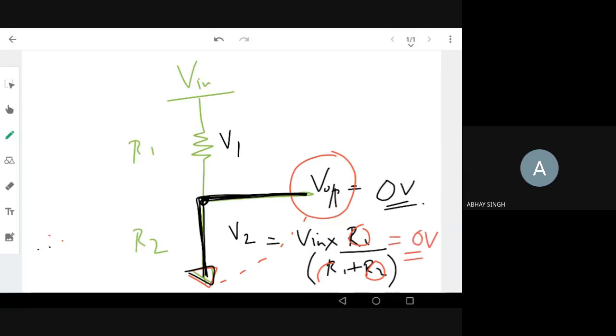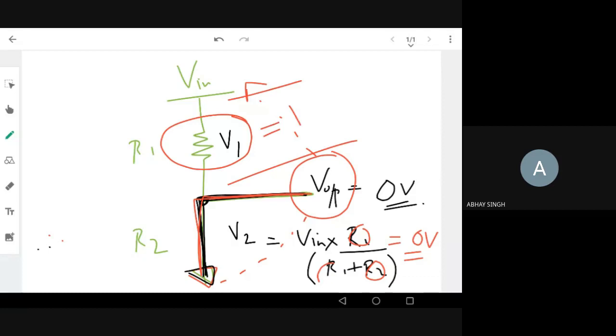Okay. So the main point I'm telling you is we should know it algebraically as well as intuitively. We should feel that this is grounded. This voltage is 0. And why is this not equal to V1? Because there's a resistance where all the voltage drop is coming across this resistance. So what is V1 here? V1 is nothing but the full voltage V in, because here the other side is 0, connected to ground. V in is getting the whole, according to Kirchhoff's law. V in equals V1, the whole input voltage.